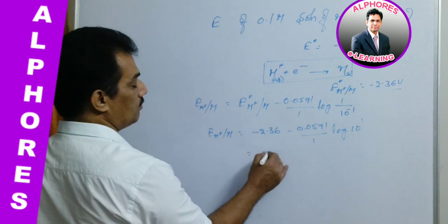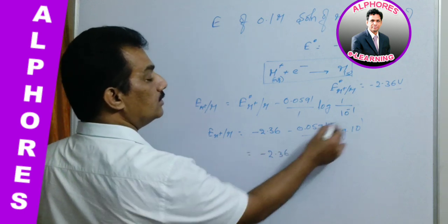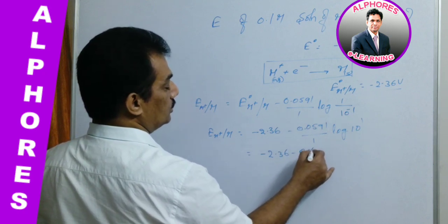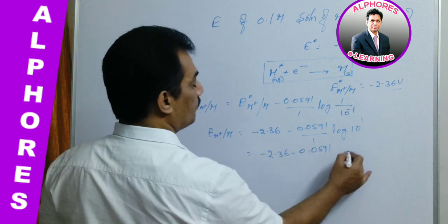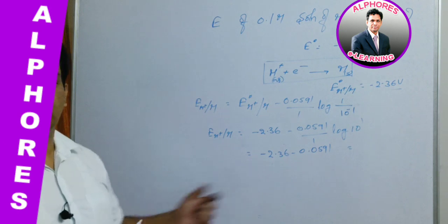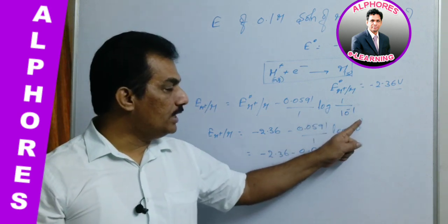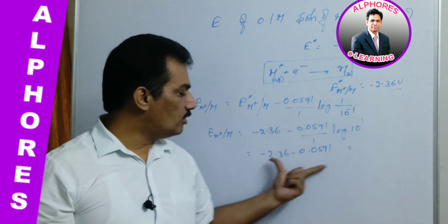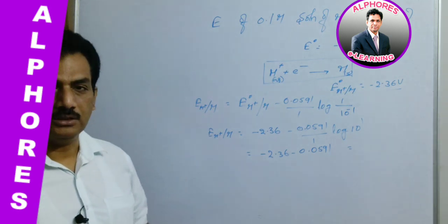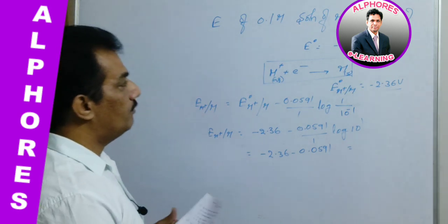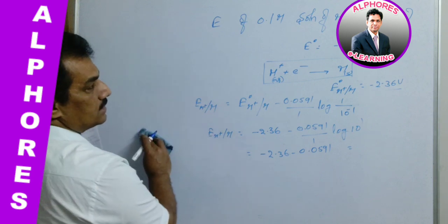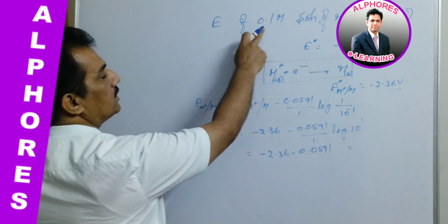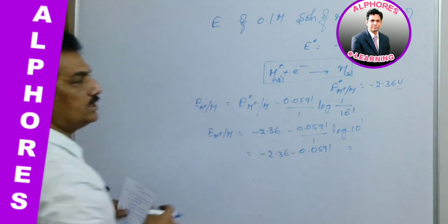and it is plus of minus is minus, so we can write this is equal to minus 2.36 minus 0.0591. Then what you are getting, that is the answer. Clear? And here it is power 1 means plus of minus is minus, so it is also minus. Now you sum up these two, you will get the answer. Clear? That is the question when single electrode potential is at other than unit concentration. Just remember, here the concentration is other than unit and electrode potential is given.